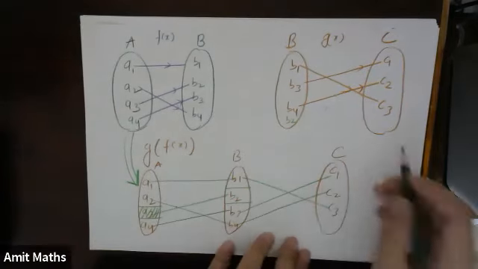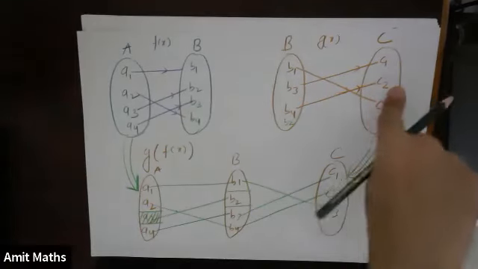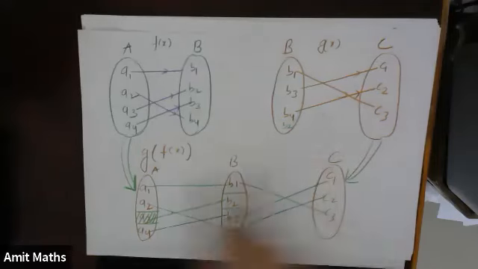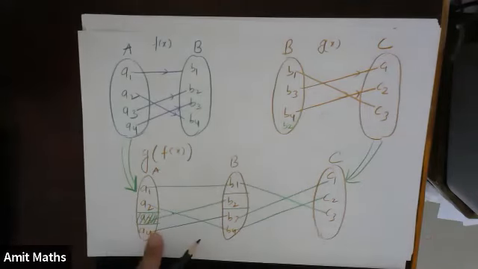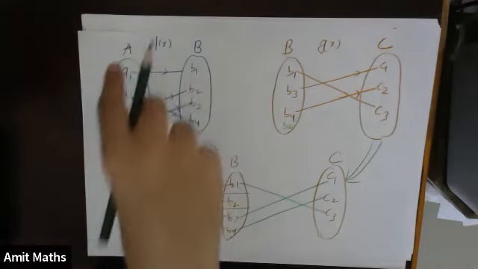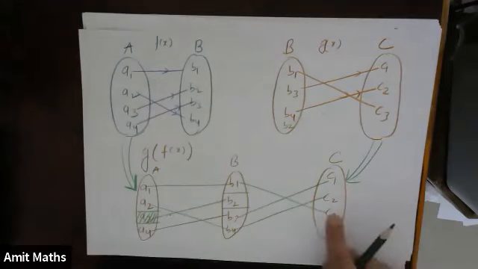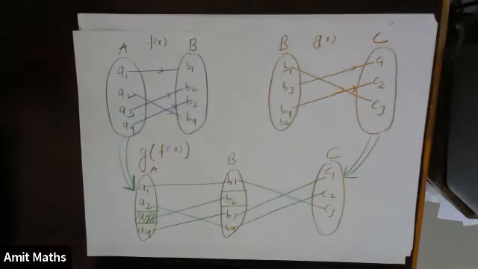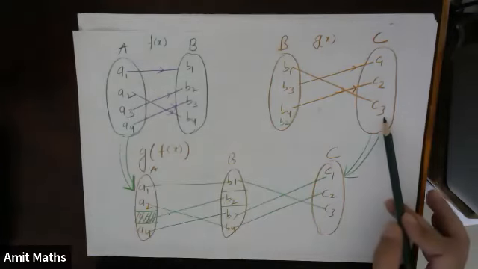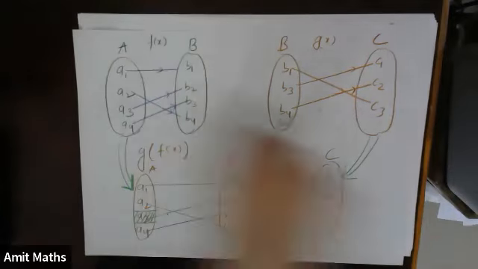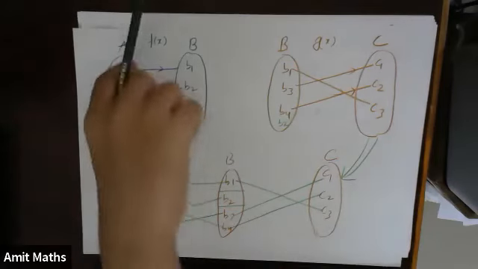Understood? In this case also, all the elements of C will be a subset of C, but we cannot say that this C and the range of the composite function will exactly be the same, and we cannot say that the domain of the composite function and the domain of f of x will be exactly the same. But this will always be a subset of A, and this will always be a subset of C. There will be cases when these two are exactly the same.